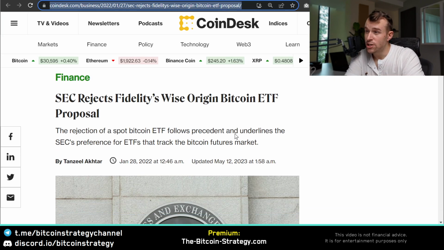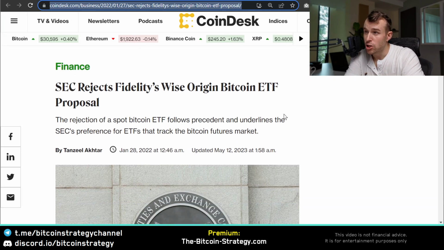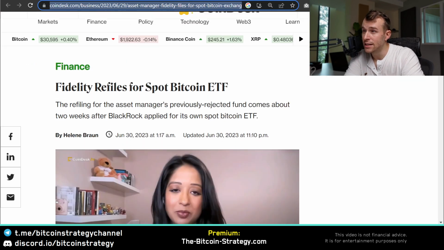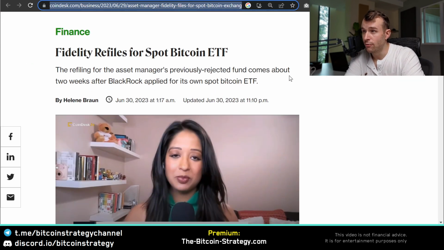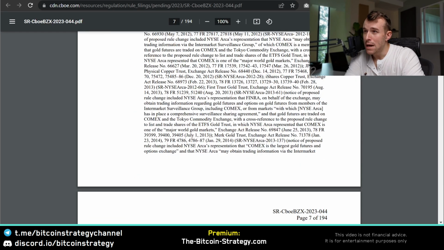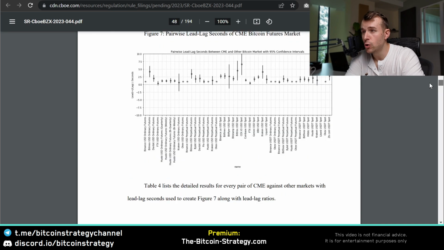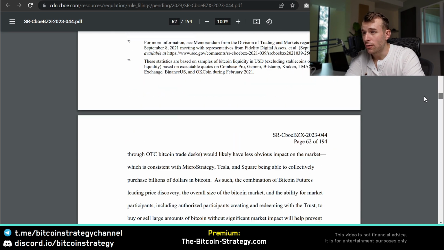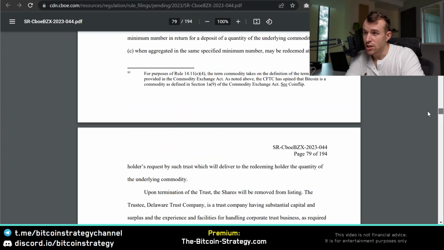And so we first got the rejection of Fidelity's Bitcoin spot ETF, and now Fidelity is refiling again for that ETF. And so we've got a massive document of almost 200 pages, all kinds of charts, a lot of text. I haven't read through this, but there is actually a way to get hold of those kinds of complex documents and pull out the most important details without spending hours and hours of labor. And so the solution to our problem is artificial intelligence.